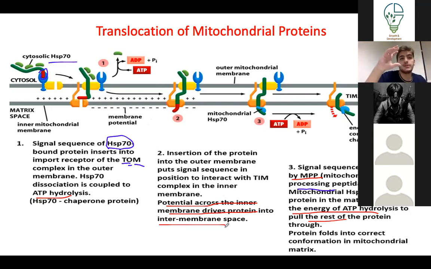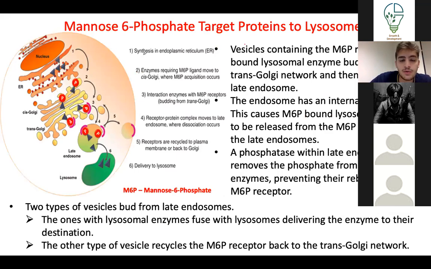So the potential difference is a factor that plays a role in transporting the protein into the inner membrane. Just keep that in mind, know where ATP is hydrolyzed. And that's all you should know from here. Okay. Now, the mannose 6-phosphate